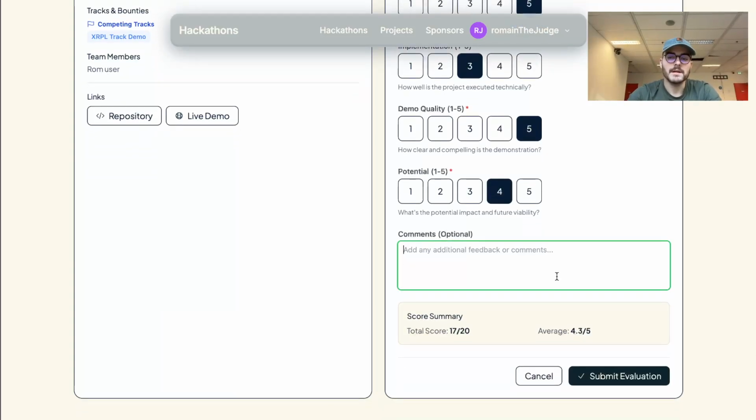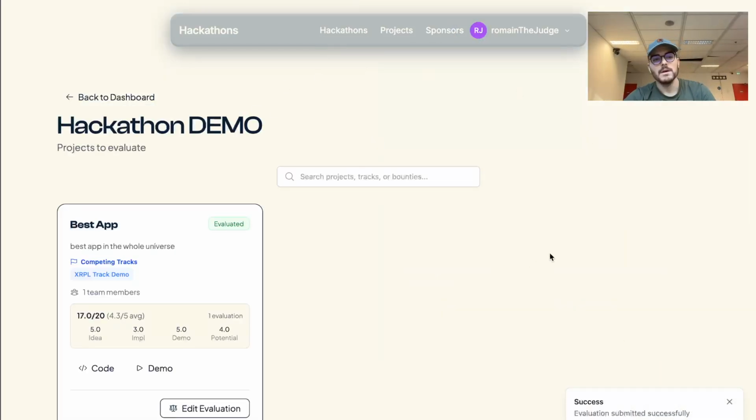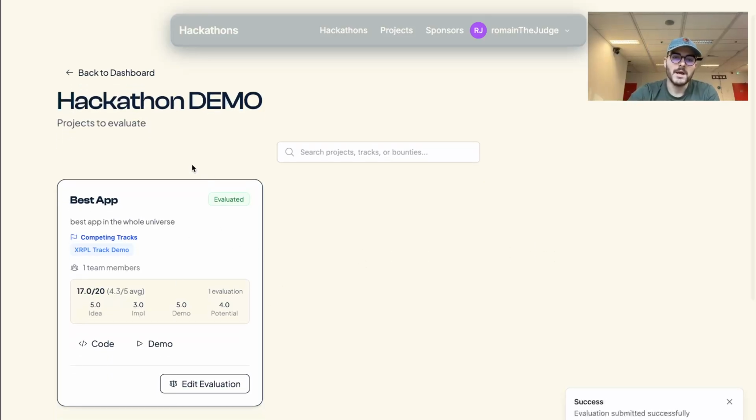So then you can add comments. The best app of the universe is truly the best app of the universe. Then you can submit evaluation, so every judge will have to pass through this flow,